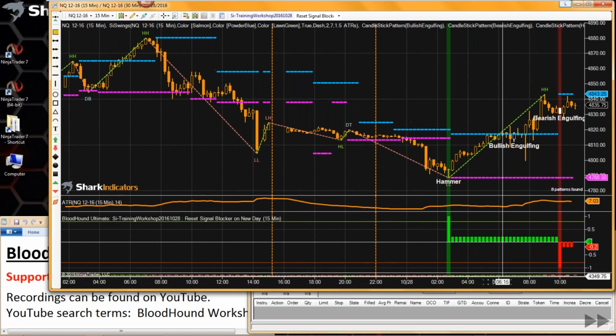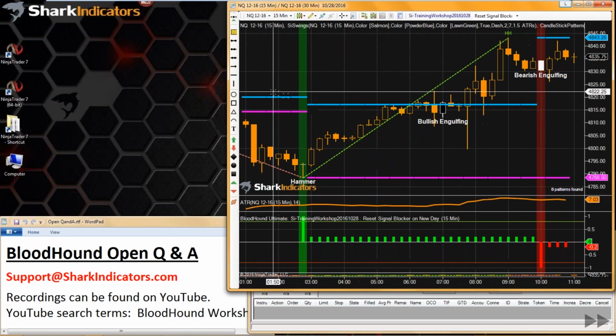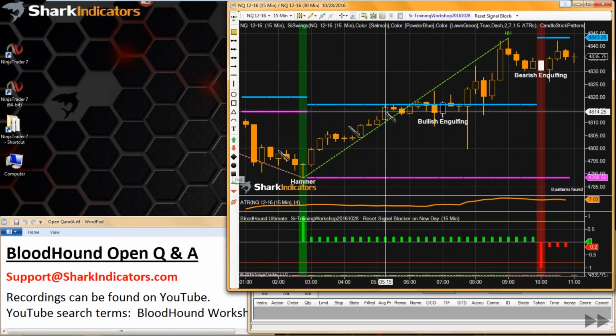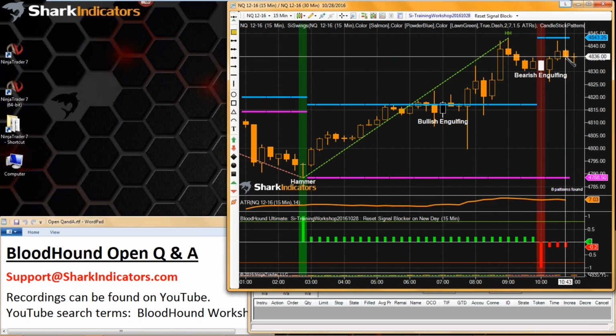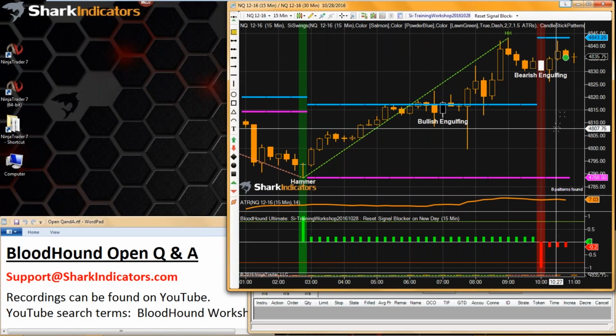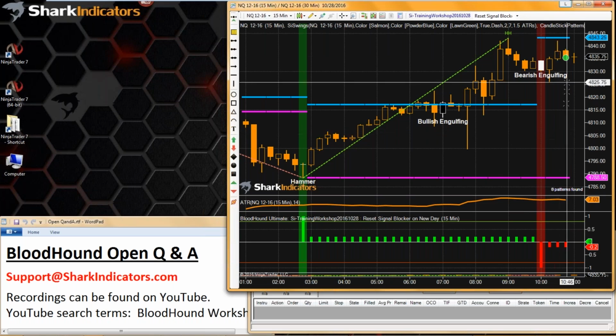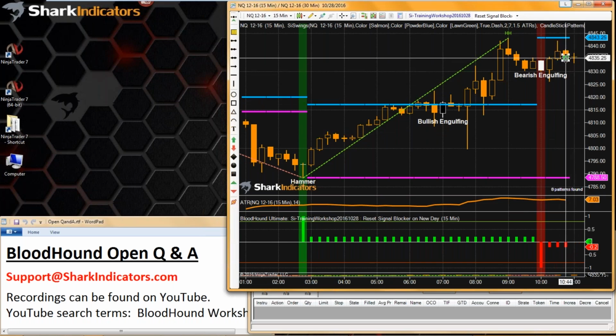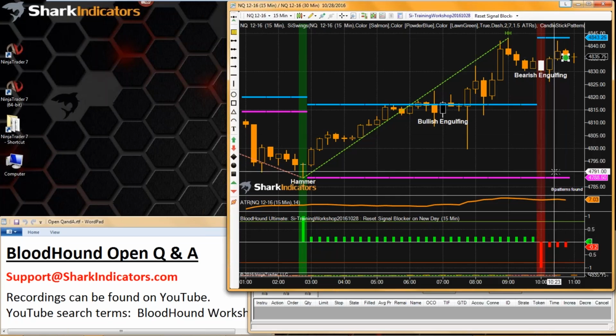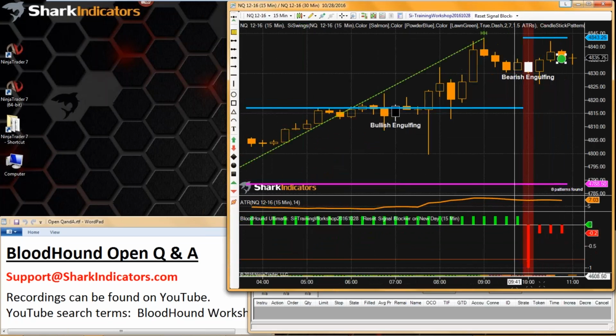So let me stretch this chart out here. So what Thomas would like to do is compare the closing price of the bar, and let's see, this bar hasn't closed yet, so we compare the closing price of the bar